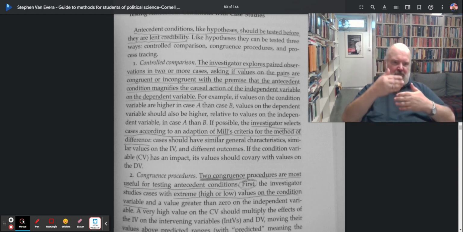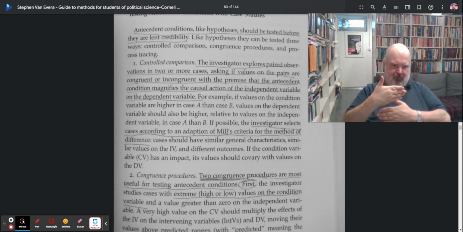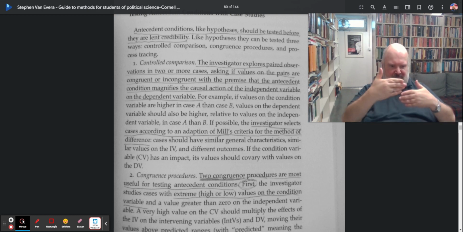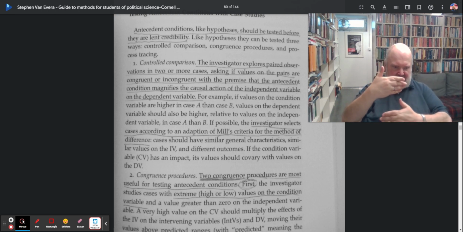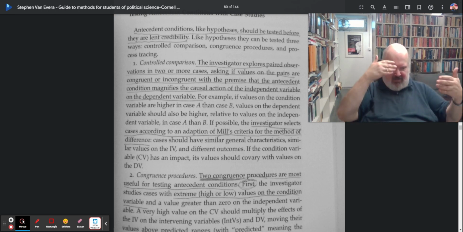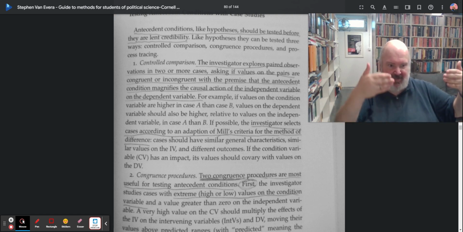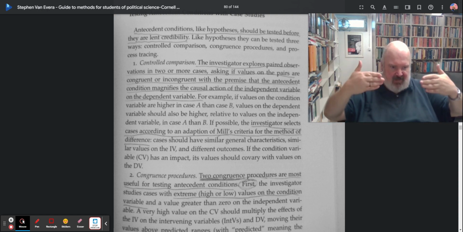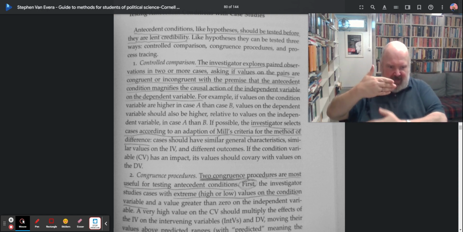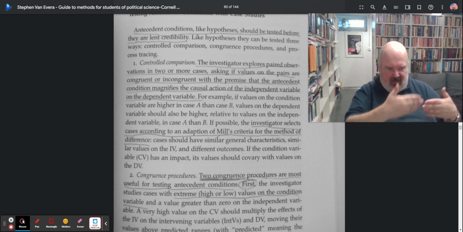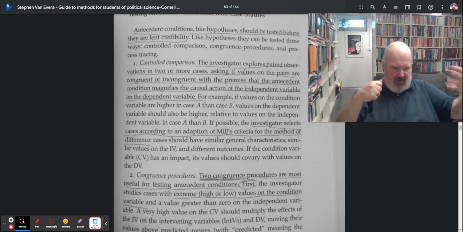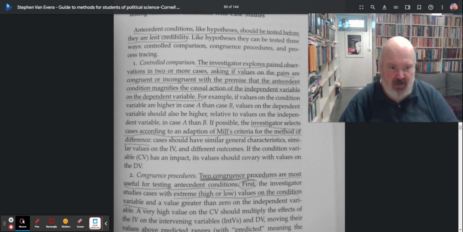So we look at cases where this is present, and this is present, this, that, versus this and this present, but that is not present. Is the effect here the same? If there's no difference, we say this and this are causing this, and the effect on this is the same whether that is present or not, then we have